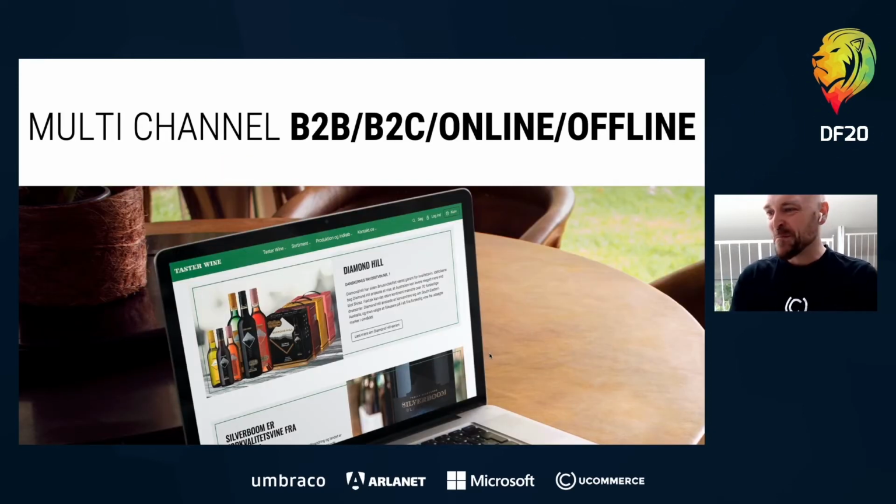All that is also something that Umbraco enables us to do. This one is my favorite, and it's the last one, I promise. I feel it's easier to explain how it works with some examples. This one is my favorite because it sells wine. Who doesn't like that? Especially in Corona times, right? We've got to have something to entertain ourselves with.